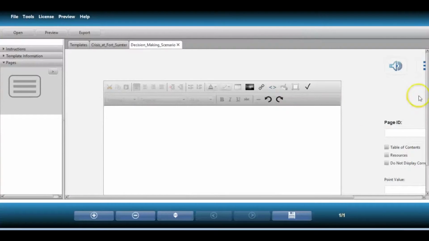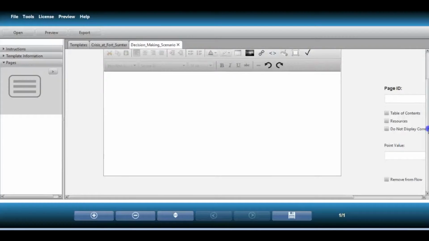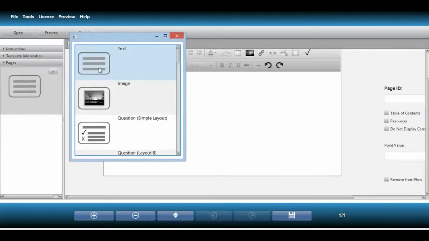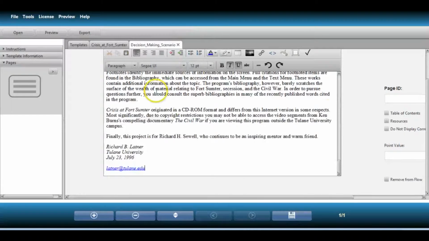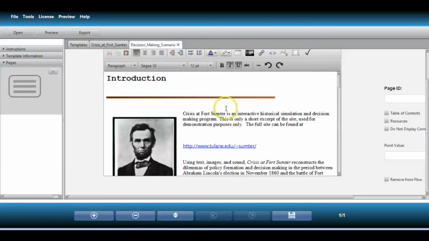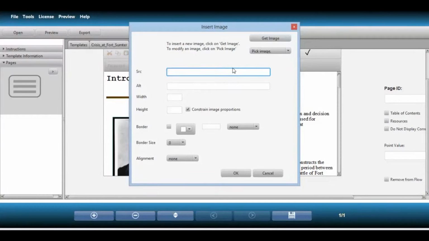We're given a blank page, and this particular page type is the text page type. That comes up by default. We can type or paste in content. So here I have content, and what I'd like to do is actually replace the image of Lincoln with that of Fort Sumter. So I'll go ahead and click on this image. Notice that no image has been selected, so it doesn't really know what image we want to change. I'll go ahead and pick an image,